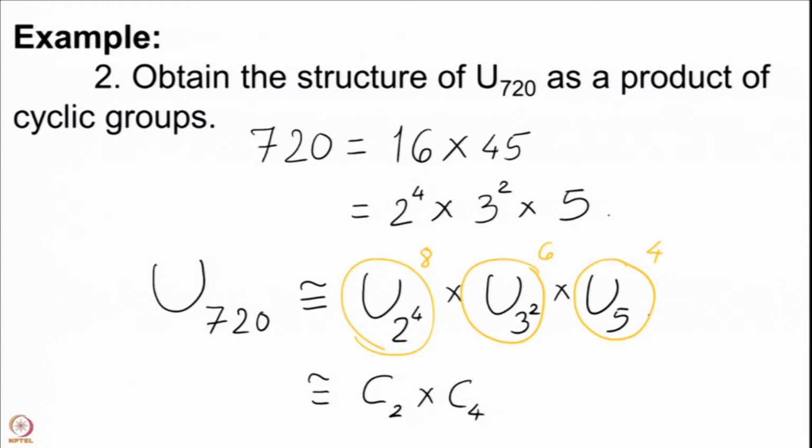So, for 8, once we know that it has to be a product of C2 with some other cyclic group, we know that it has to be C2 cross C4. This is a prime power where p is odd. So, this is already cyclic and this is also cyclic. So, this is the complete description of U720, and what we have done so far is that we have understood all Un modulo some basic results in group theory,